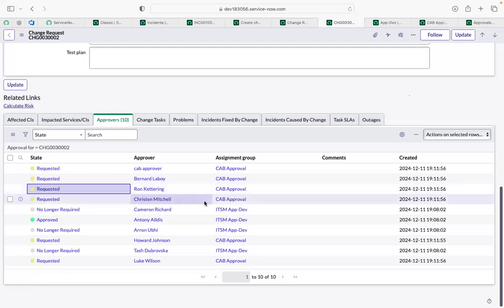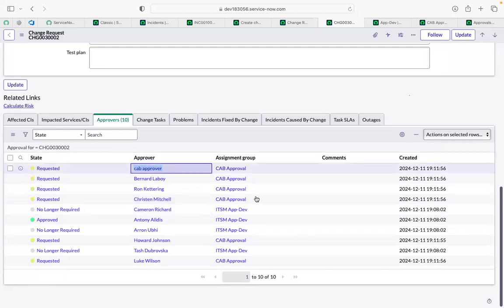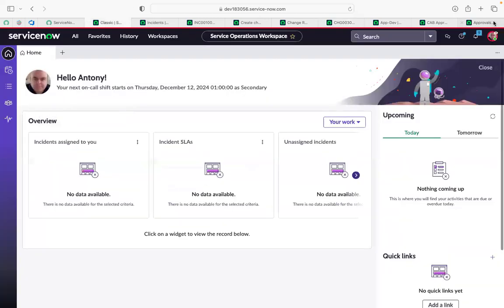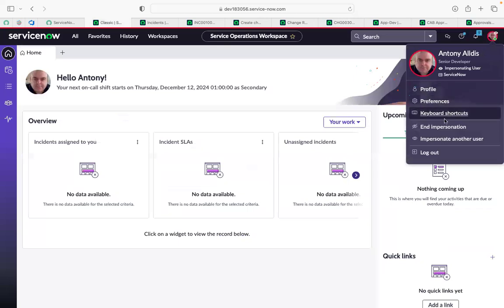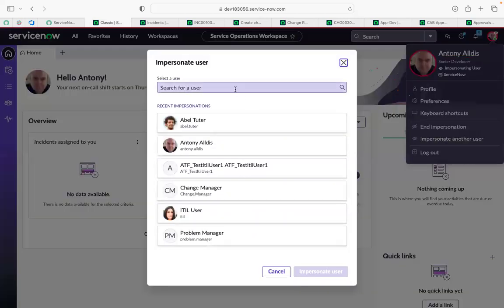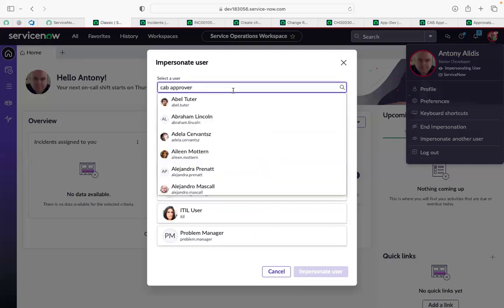Now from cab approval, we need an approval. So I need to impersonate as cab approver. Now if you can see, I'm not able to approve this, right? If I can impersonate as cab approver,